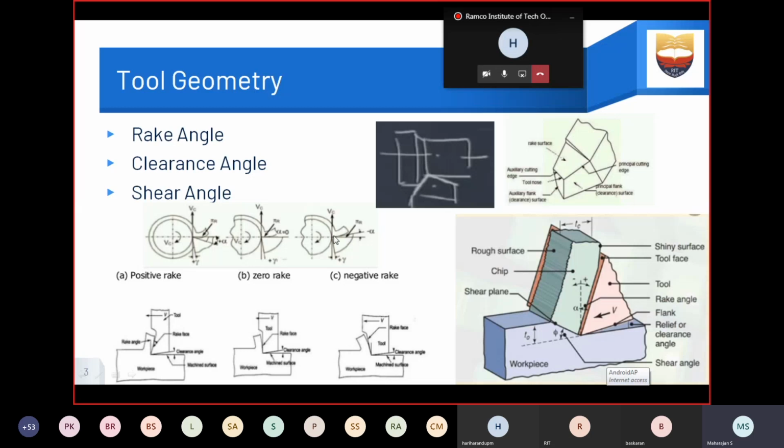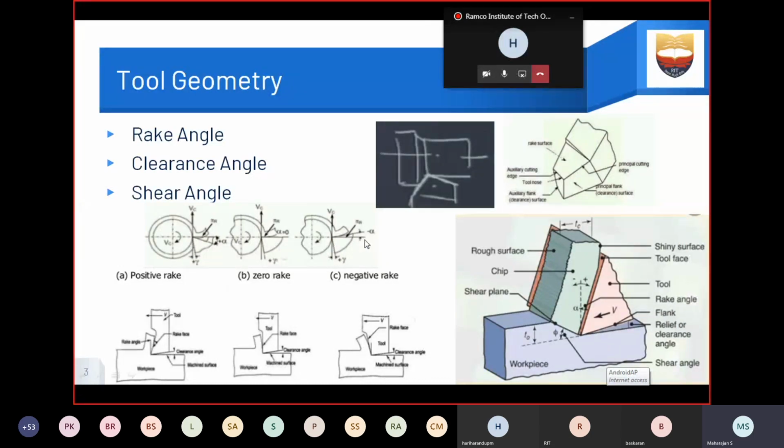If you consider the negative rake angle, this is the rake face of the tool, which is away from the axis of the workpiece. So this is a negative rake angle. The negative rake angle is used for high hard material. For example, nowadays they go for high temperature application materials like nickel, cobalt based material, and austenitic stainless steel. If you want to machine these hard materials, we need to give more force onto the material. So we should have a negative rake angle for this kind of machining operation.